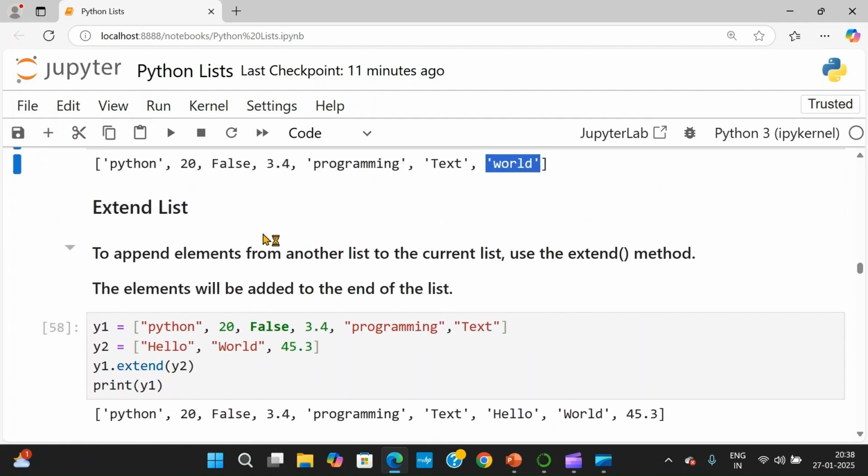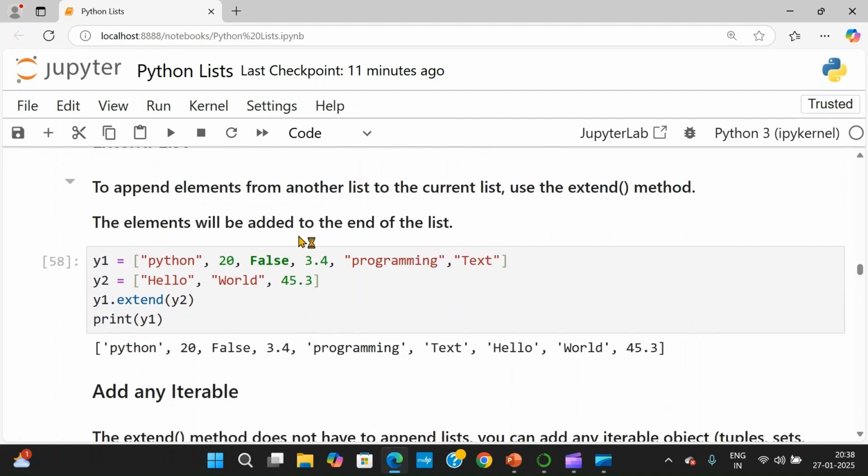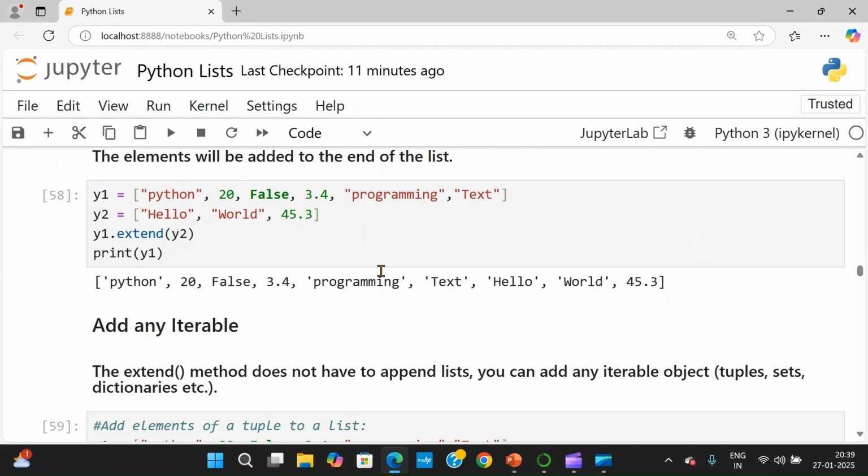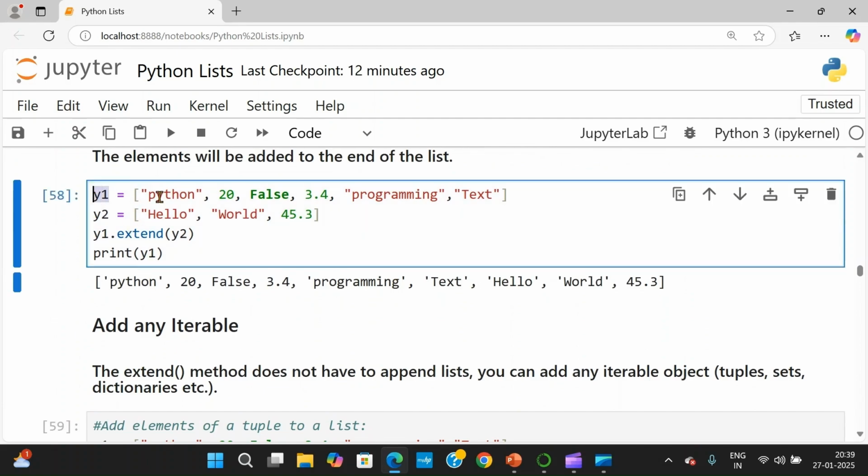There is something called extend for lists. Now to append elements from another list to the current list, use the extend method. So you have two lists and you want to append one list to the other list. How do you do it? The elements will be added to the end of the list. See, for example, I have one variable called y1, that's a list, and I'm storing 6 elements in total. This is one list, fine. I've taken one more list, y2, and I've taken three